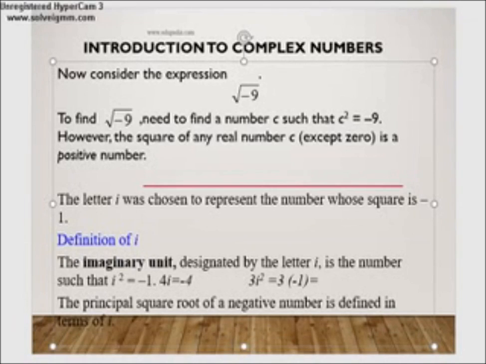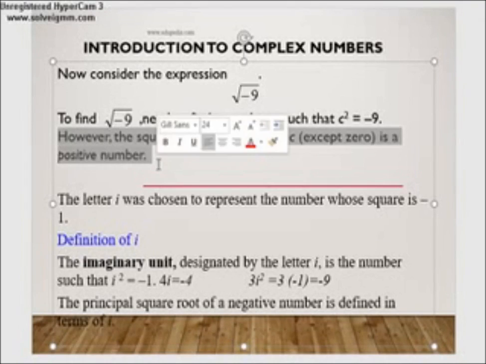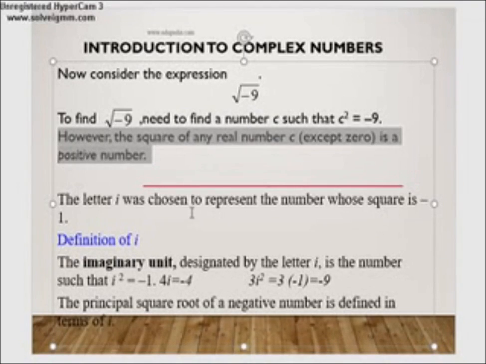and then we can get the answer to our original question, that is the square root of -9, and the square root of -9 will be 3i squared, because if you break it down it will become 3 multiplied by -1, and that will give us the answer, that is -9. So you have to remember this, that we already know this rule, that the square of any real number is basically positive. So when we have a negative inside a square root, we need to have i squared to be precise, so that we can get this number in